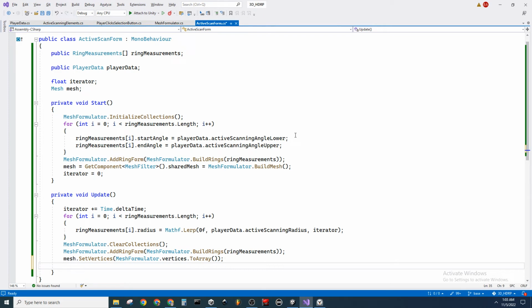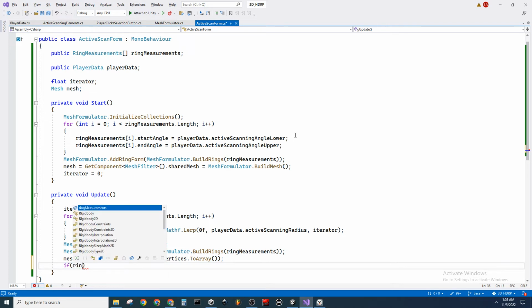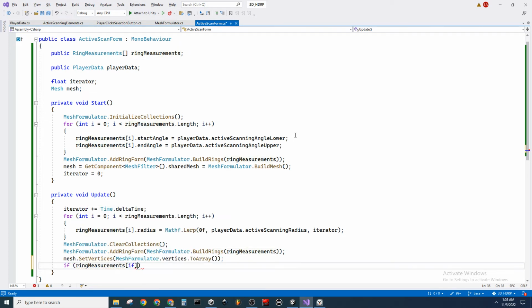I'm gonna have to play around with a lot of these values, like the iterators and stuff. So let's just say, okay, if ring measurements at 0, if its radius is equivalent to player data dot active scanning radius,